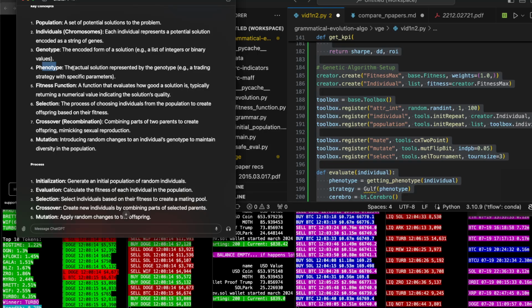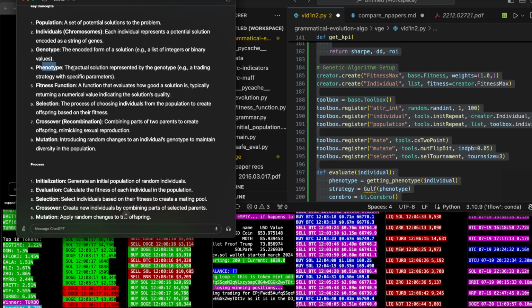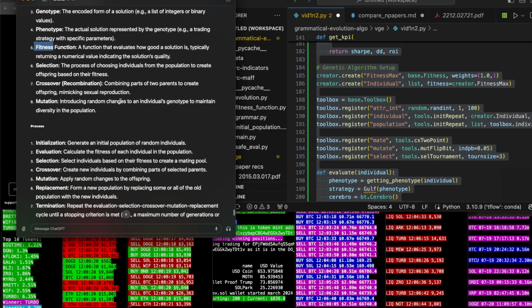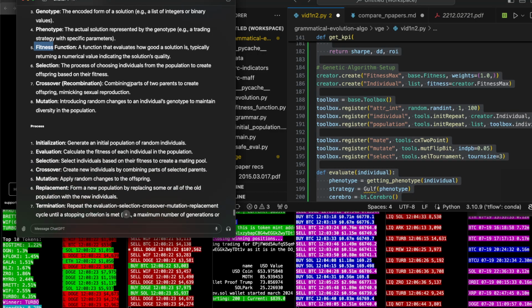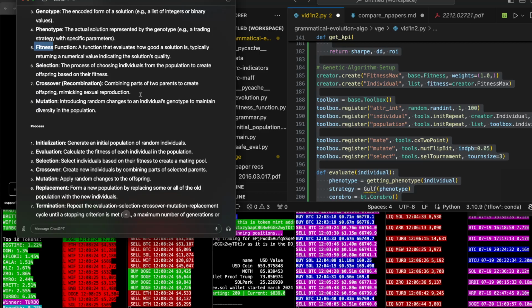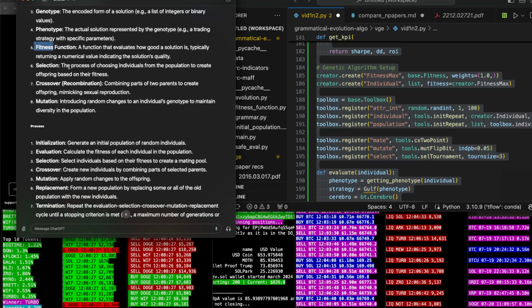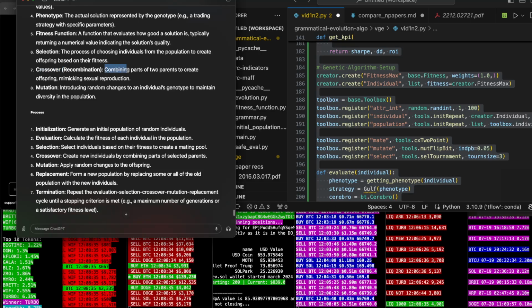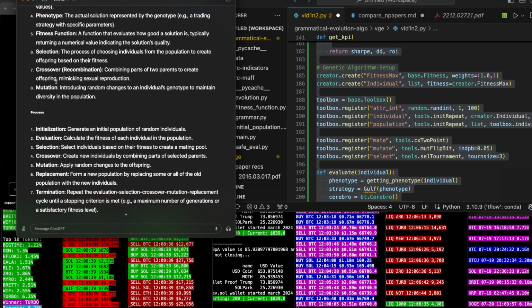Phenotype, the actual solution represented by the genotype. Fitness function, a function that evaluates how good a solution is, typically returning a numerical value indicating the solution's quality. The selection, the process of choosing individuals from the population to create offspring based on their fitness. Crossover or recombination, combining parts of two parents to create offspring mimicking sexual